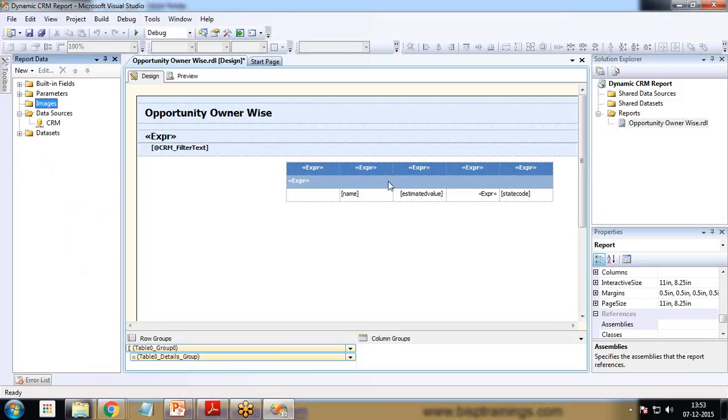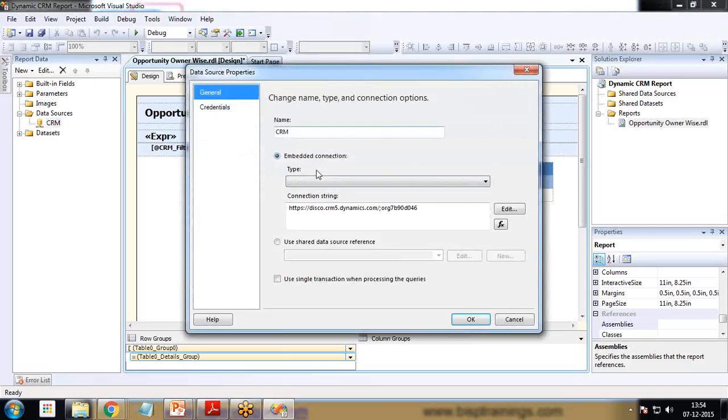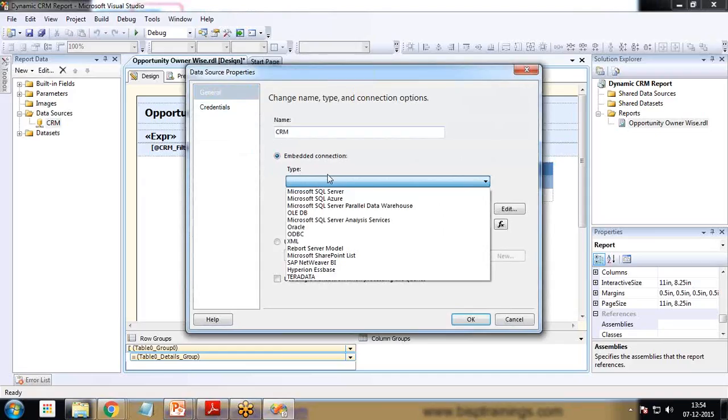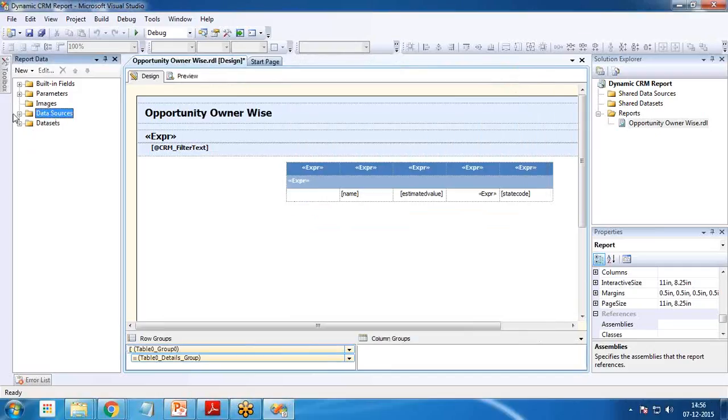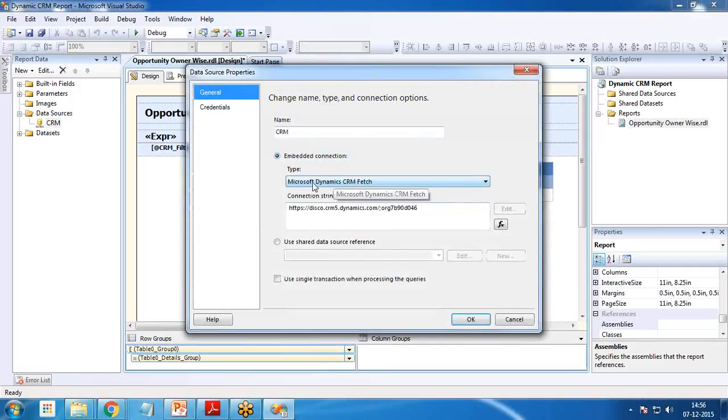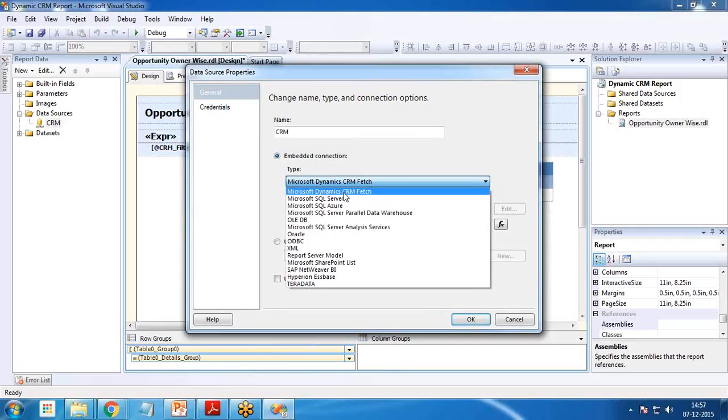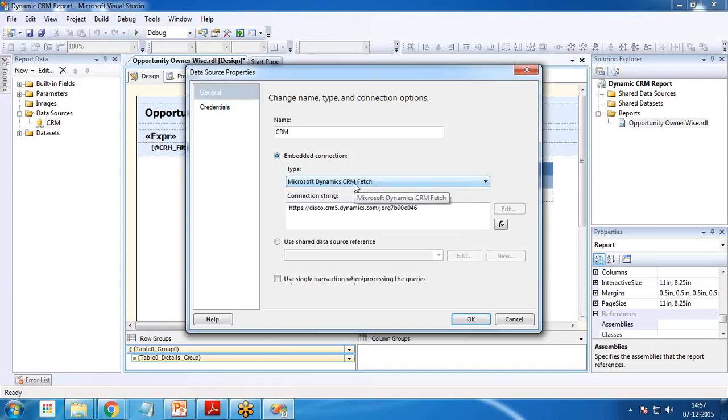Now my requirement is, first of all, I would like to customize it. But before moving on to that, we need to add the data set, because the data is not coming here. We have the fields, but the data is not coming. So I double click on the data source here, CRM data source, and it asks for CRM. We have the connection string. Now we click on CRM, and in CRM we get Microsoft Dynamics CRM Fetch. Make sure that for the database connection we are using CRM Fetch, and the organization name, that's the organization URL,